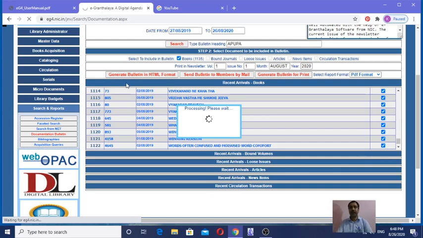This one is generating. One suggestion to all: you must go through the eGranthalaya 4.0 user manual beat by beat, word by word, letter by letter. It's very compact and very informative. If you want to use eGranthalaya 4.0 in a proper manner, systematically, in that case, the user manual can't be ignored by anyone. Go day by day and consult the user manual.